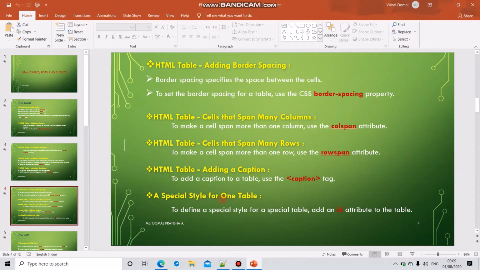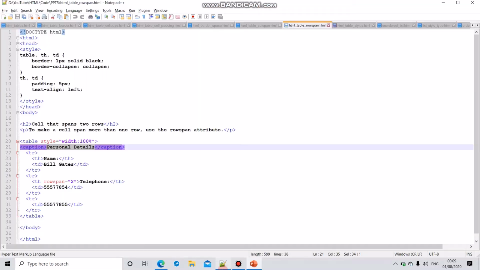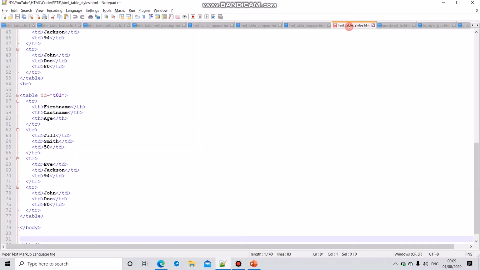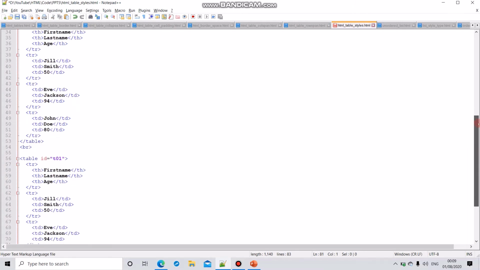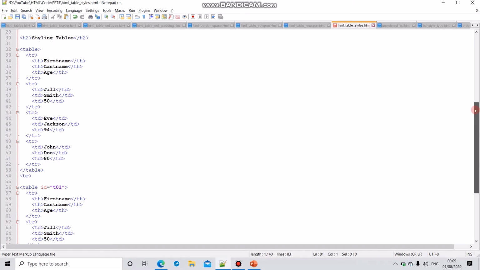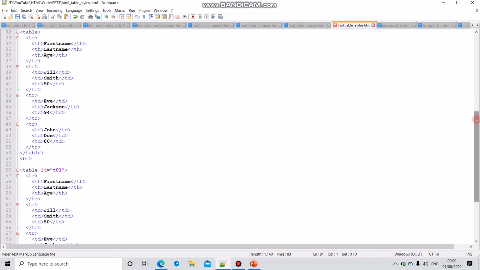Next, a special style for one table. To define a special style for a specific table, add an ID attribute to the table. See this HTML table styles. There are two tables, table 1 and table 2. We had taken the ID attribute and specified the value as T01,